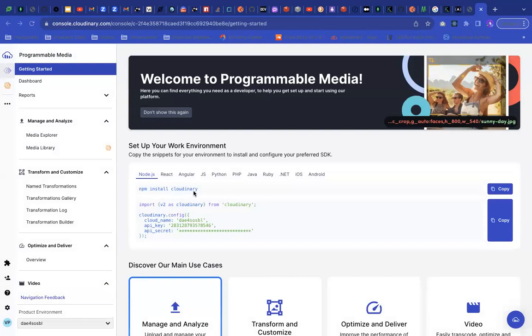Okay, see it here. They even show how I can set up my work environment. If I was using ES modules, this is what I would have written, but I'm using CommonJS. So this is my Cloudinary name. I could come here and copy this, or I could just copy the whole thing, then come back to